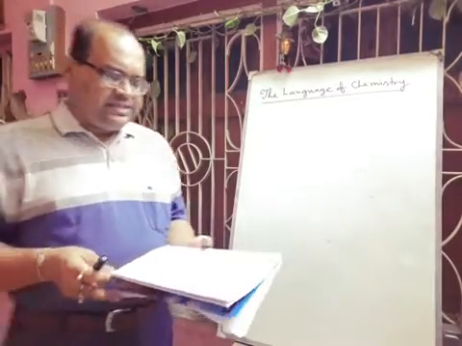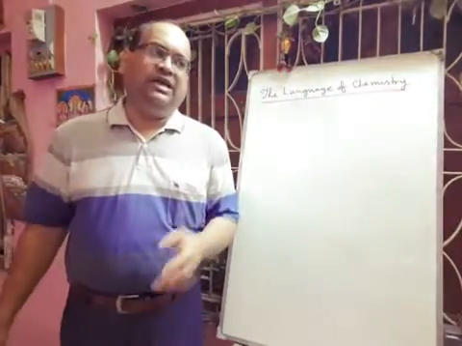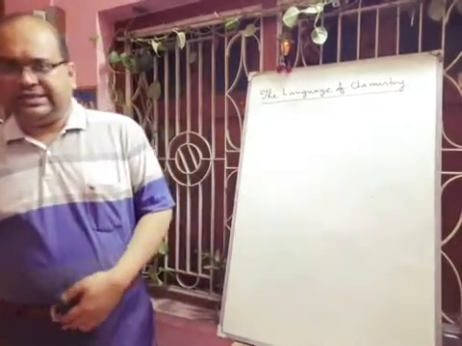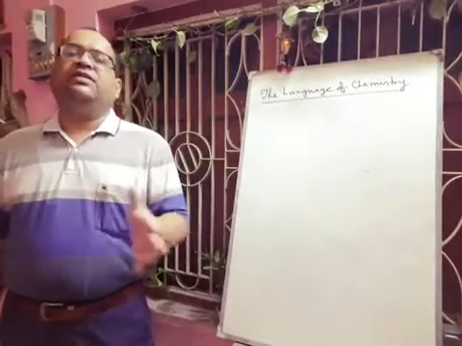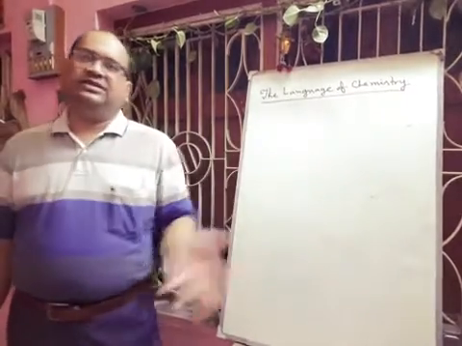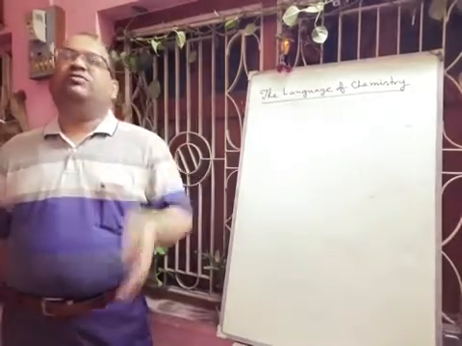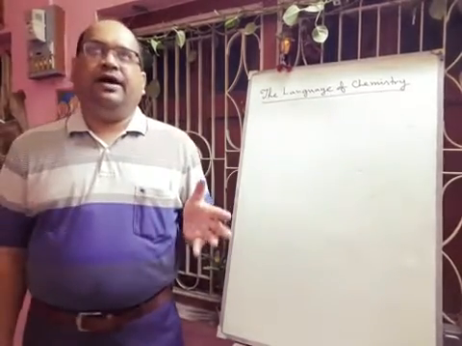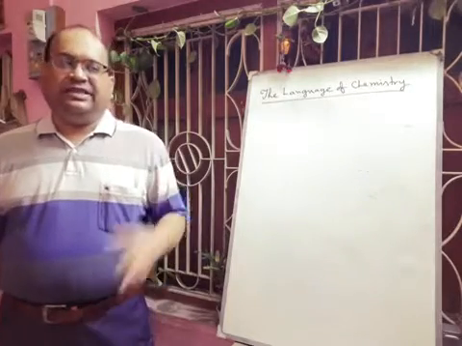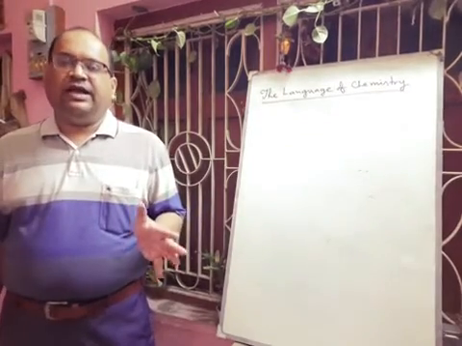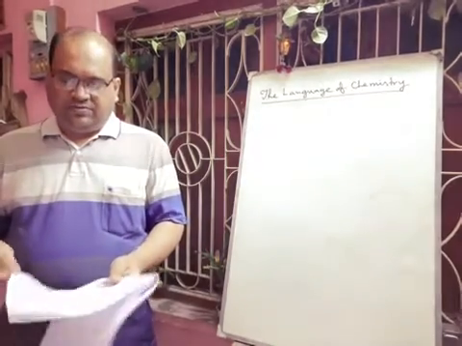Next question is given: state two limitations of a chemical equation that cannot be removed. First one, a chemical equation cannot tell about the speed of a chemical reaction, whether it is slow or fast. Another limitation that cannot be removed is that it cannot tell the completion of the reaction, when the reaction will be complete. This limitation we cannot eliminate or remove. Hope you can understand.